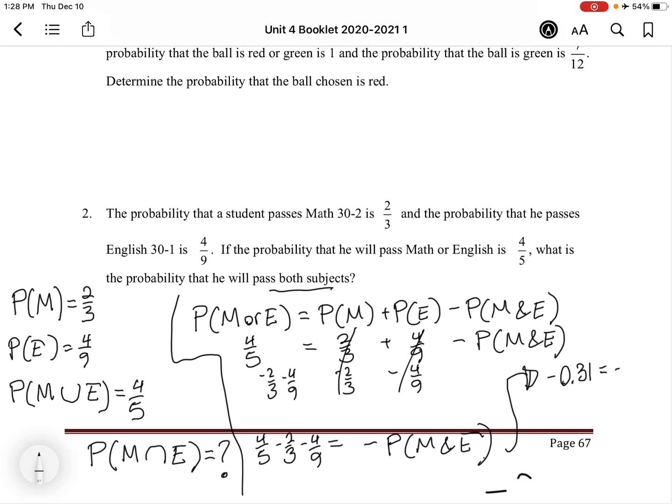Negative 0.31 equals negative P math and English. What does that mean? Positive 0.31 is the probability of passing math and English. Okay, so that would be how you would use these probability formulas if you don't actually have the ability to draw a Venn diagram or write out the sample space. Okay, so I'm going to leave it at there, and I will see you guys